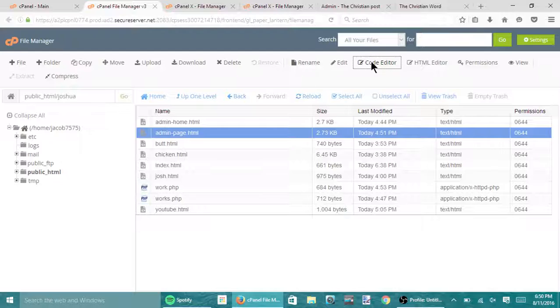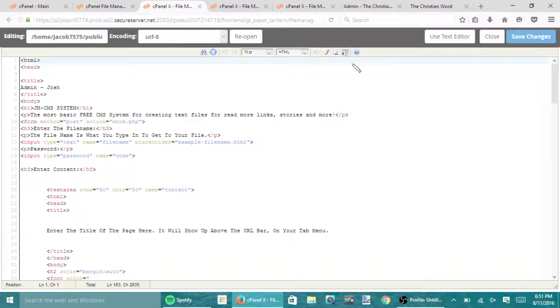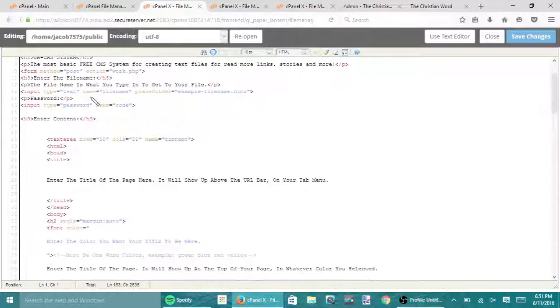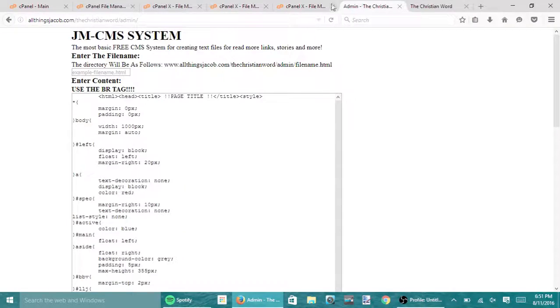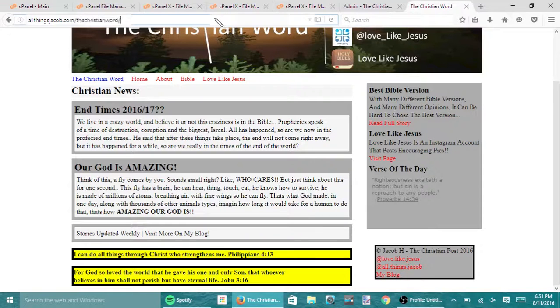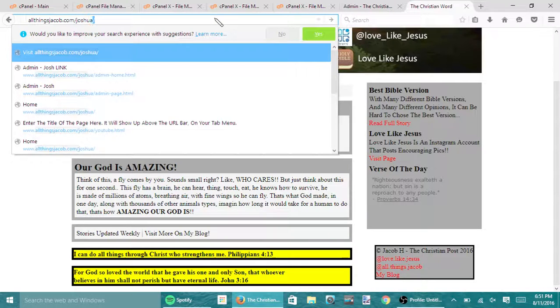So this is basically the same thing, it's just for a different page, and it serves a little bit of a different purpose. But as you can see, this is the code for it. But we'll go ahead and open it up in here. So, hold on one second. We'll go to